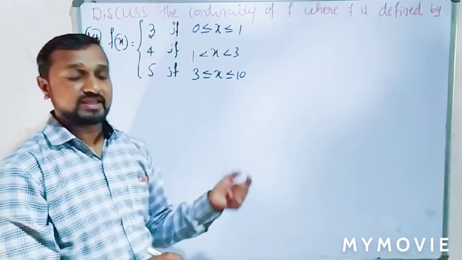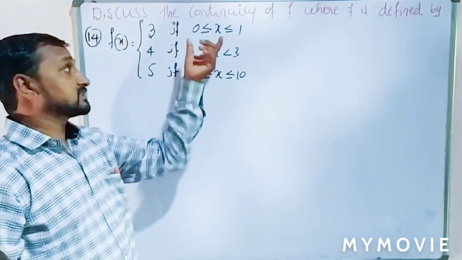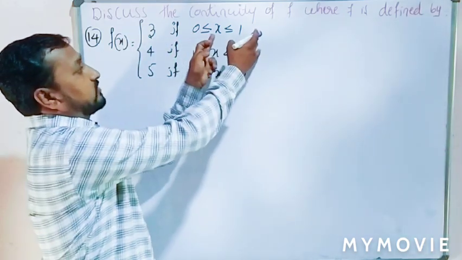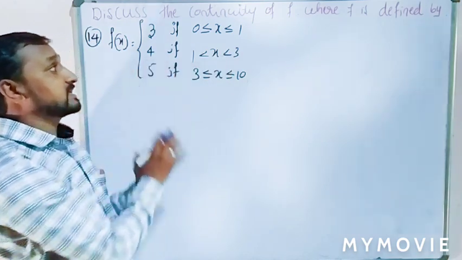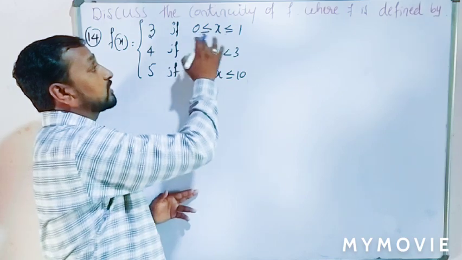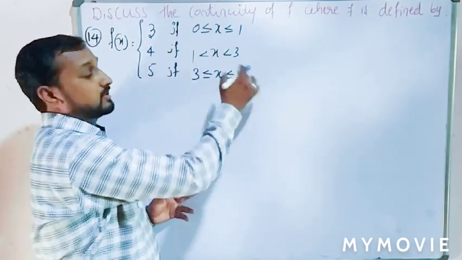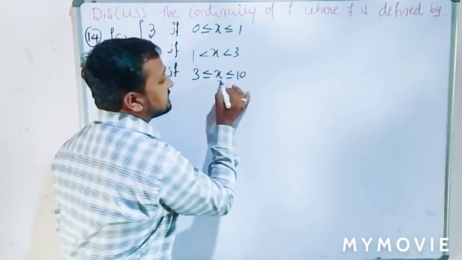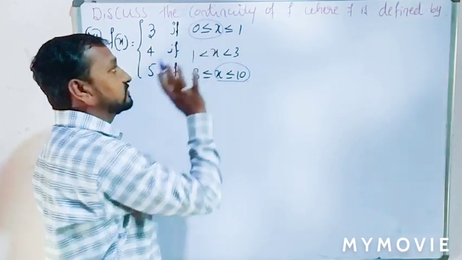So in the previous example, which I solved in the previous class, there were also 3 functions with some conditions, like only x less than 1. Here there is no 0 and only one condition. But in this example, the point x equal to 0 is related to only RHS, and 10 is related to only LHS. So here we can leave x equal to 10 and x equal to 0.